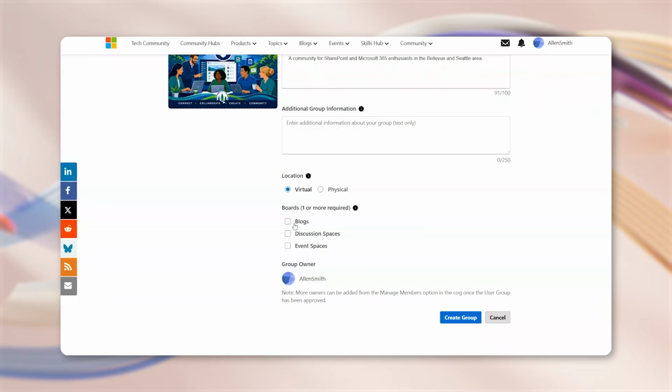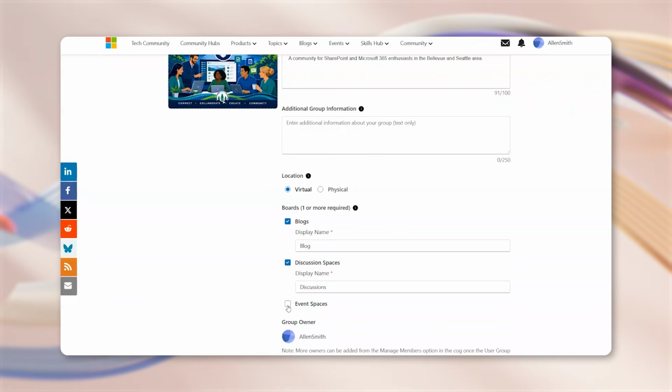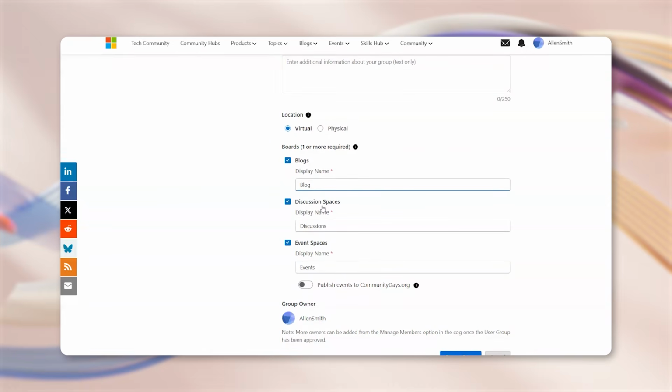Any user group which is submitted with only a blog or only an event space will be asked some questions before it gets approved. So always start with a discussion space, and we're going to create all 3 on this one. Now, in these boxes, you'll see that they're called blog, discussion, and events. That's the default name. I would recommend that you change that to something a little bit more relevant for your group. And so I'm going to change the blog to Bellevue User Group News